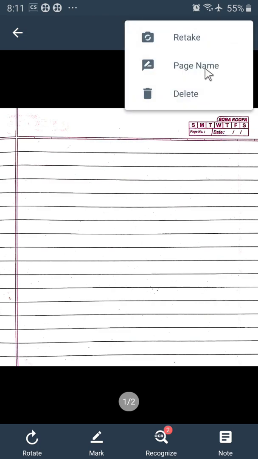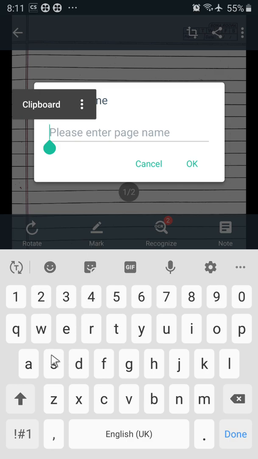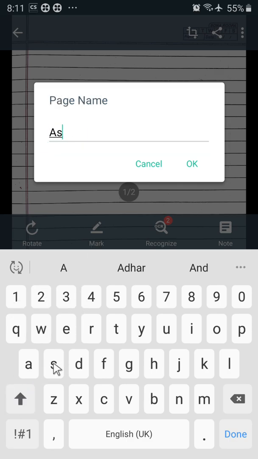Open the document, click on the three dots, go to page name, and type the page name, that is assignment 1.